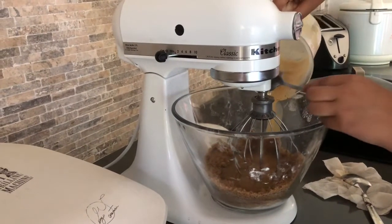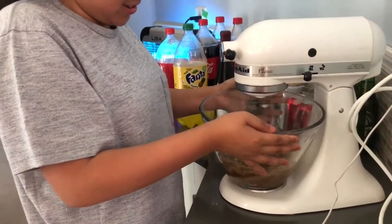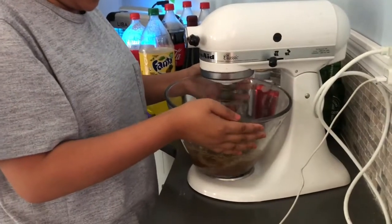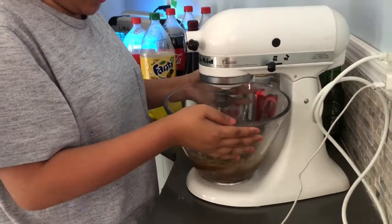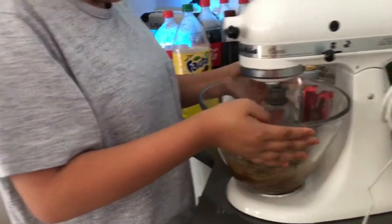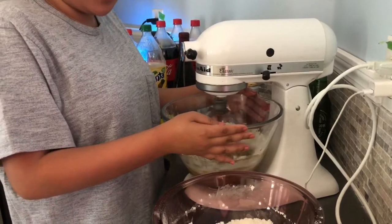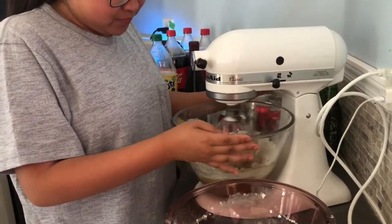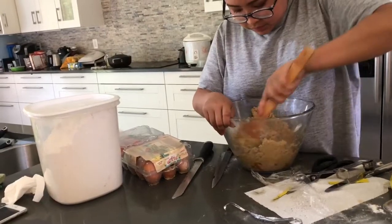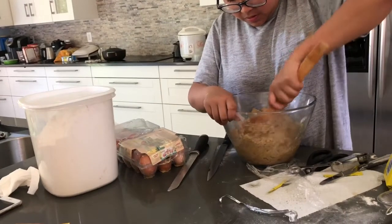I should have done this before. We left the bowl that came with this in another house, so we'll try it out on one speed. Just know how to make really good cookies and get yourself a man. Our cookies have weevils in them. Shut up. You'll just have flour going all over your kitchen. Just beat it until you don't see a ton of extra flour. It doesn't need to be totally...